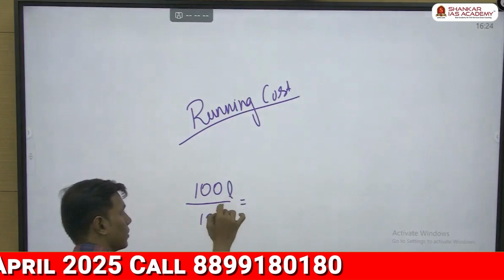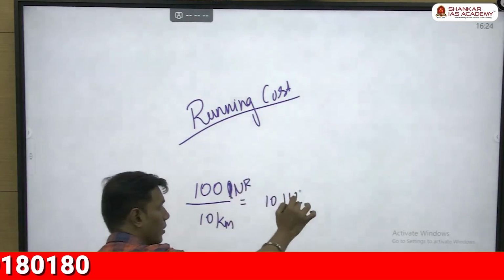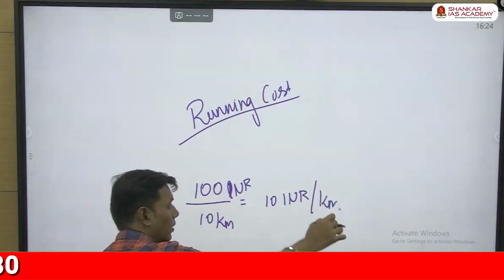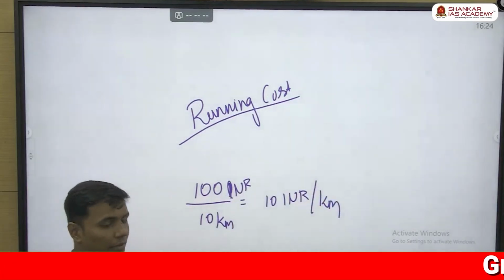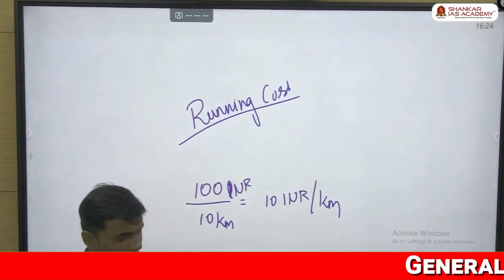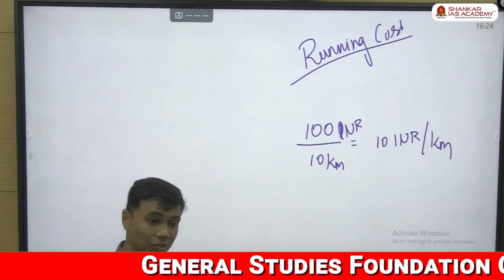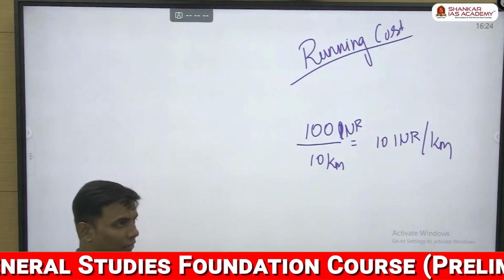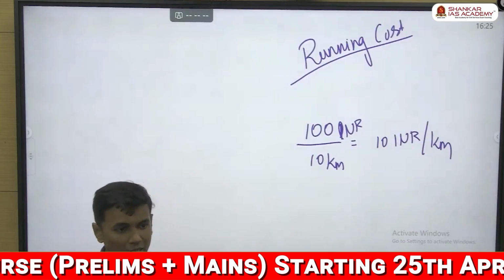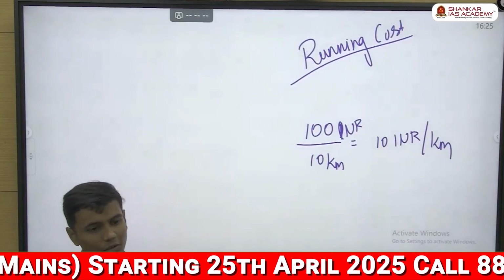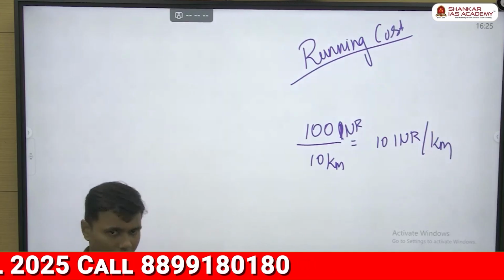So what will be the cost you're incurring? 10 rupees per kilometer. You have to include the mechanical depreciation and everything. Altogether, it will be around 12 to 13 rupees per kilometer. Usually for a normal cab, it will be around 12 to 13 rupees. And that's why if you see Ola, Uber, all of them, they charge somewhere at 17 rupees per kilometer. So that the actual profit is 5 to 6 rupees per kilometer. So if you're traveling 10 kilometers, very easily they will get around 50 to 60 rupees as